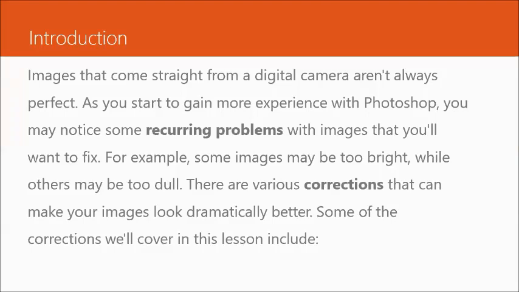For the introduction, images that come straight from a digital camera aren't always perfect. As you start to gain more experience with Photoshop, you may notice some recurring problems with images that you'll want to fix. For example, some images might be too bright, while others may be too dull. There are various corrections that can make your images look dramatically better. Some of the corrections we'll cover in this lesson include